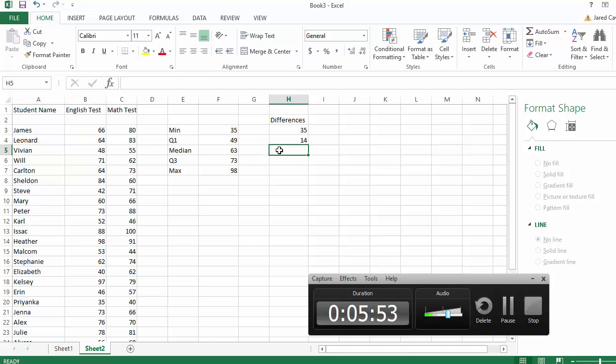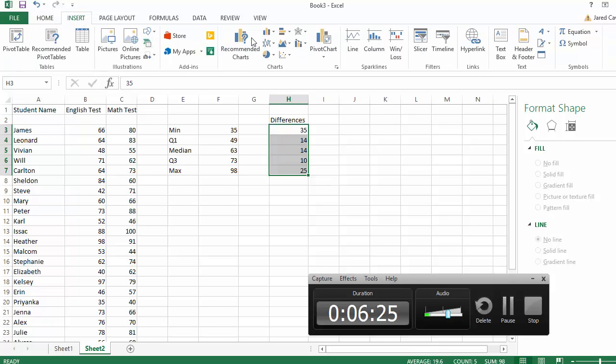And I'm going to keep doing this for every other piece. So I'm going to say second quartile, or the median, minus the first quartile. I need that distance. And then for the next one, I'm going to need the third quartile minus the second quartile. And then lastly, I will have the maximum minus the third quartile, and that will give me my distances here, my differences here. So I'm going to basically highlight these differences, and I'm going to go to insert,